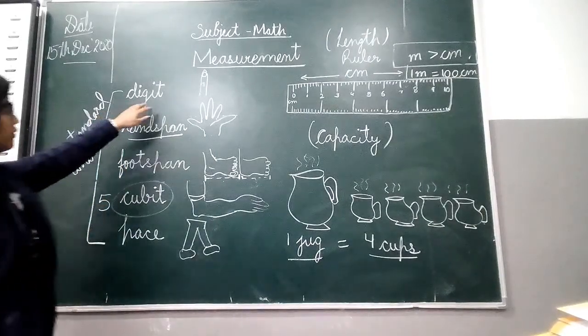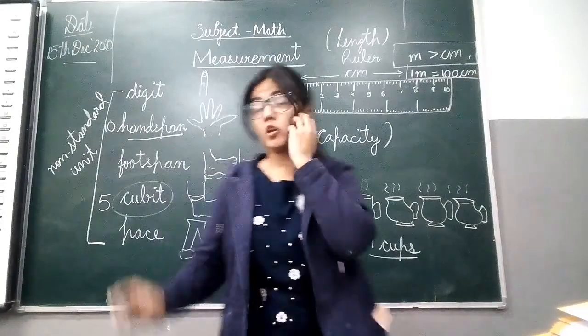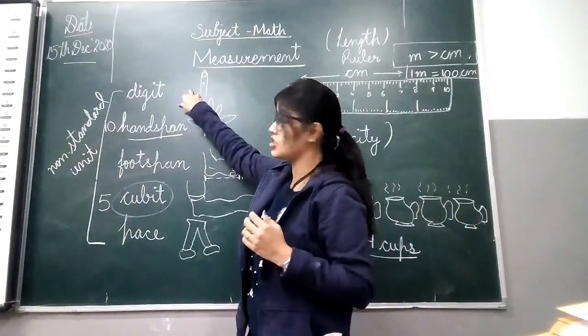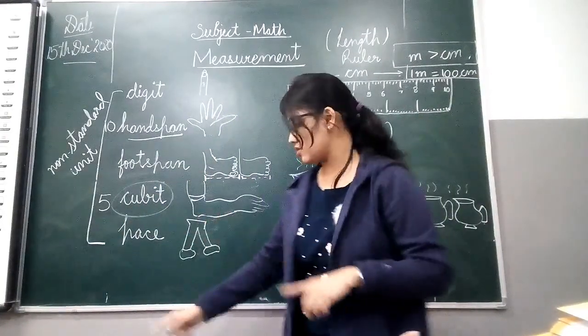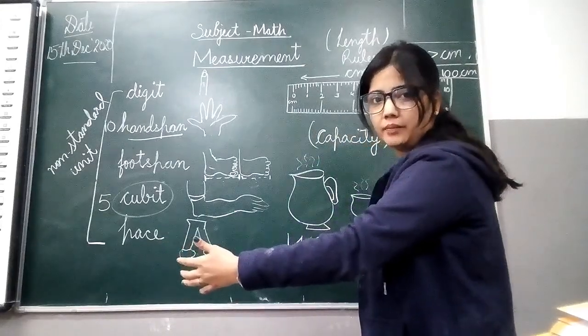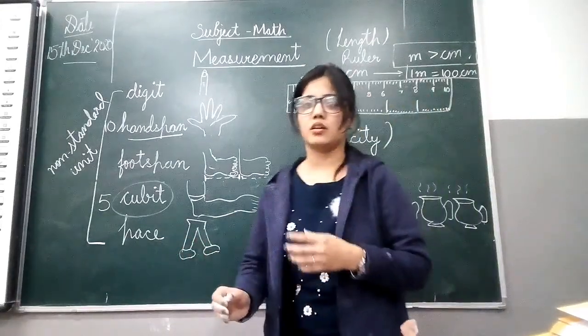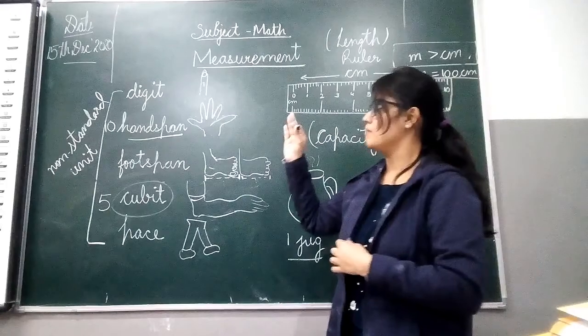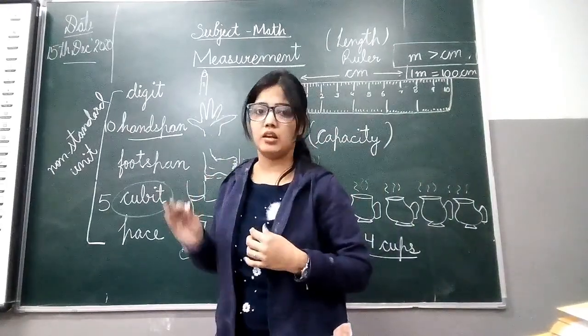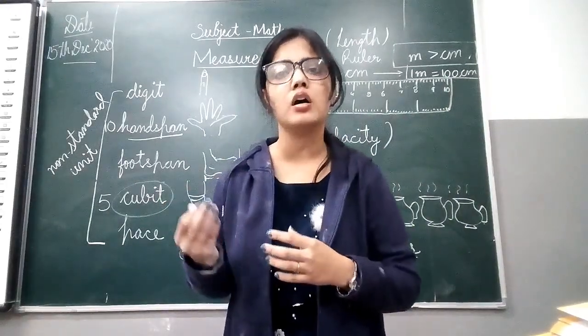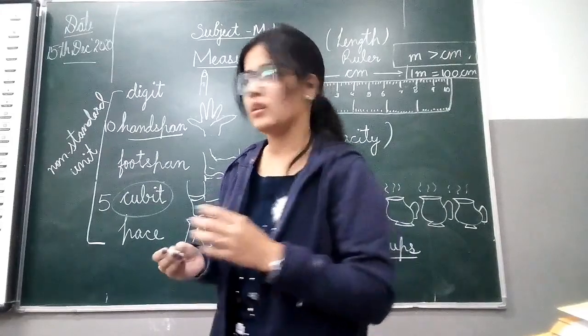And we cannot measure the length with our digit. Digit is 1 finger, because it is very lengthy. So it means choosing the method of measuring the length depends on the size of the object. That is why